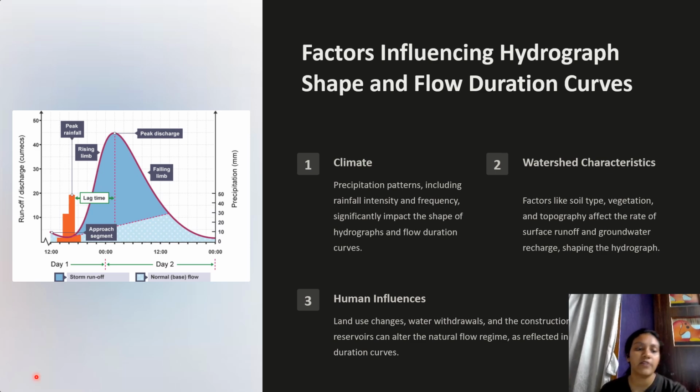Here in the given diagram, we can see the flow duration curve. Here we have the storm runoff and normal base flow. Here the x-axis is denoted by the time and the y-axis is denoted by the precipitation. Here we can see there is a peak rainfall which will cause the lag time due to the rainfall, and we have a rising limb and a falling limb and a peak discharge time and approach segment, and we